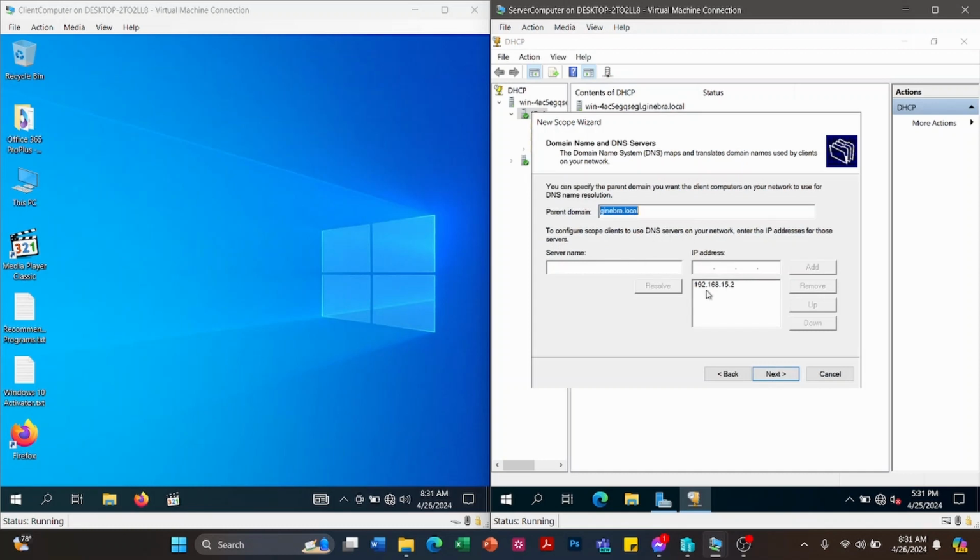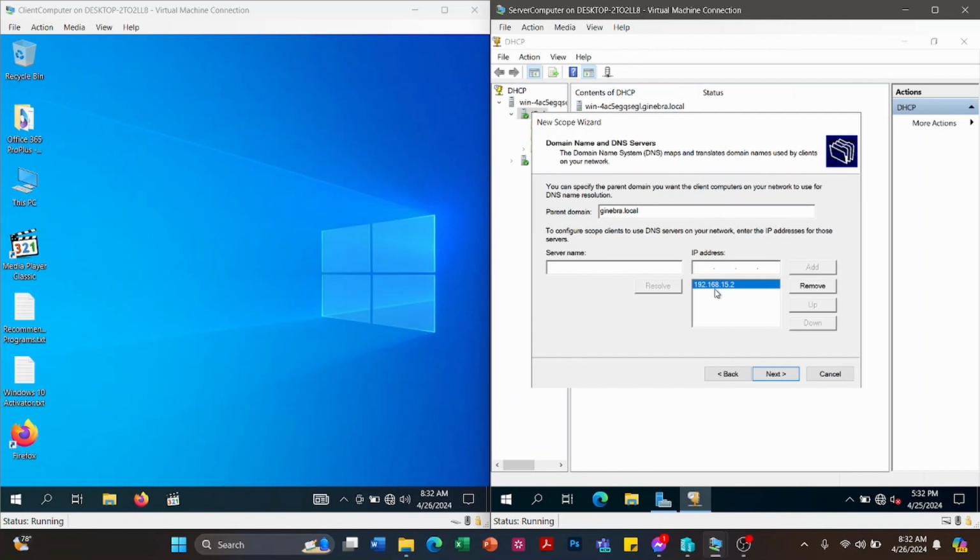In here, it says to configure the scope clients to use the DNS server. The IP address to be entered is the IP address of the server computer. So the DNS server that will be distributed to the client computers will be the IP address of the server computer.